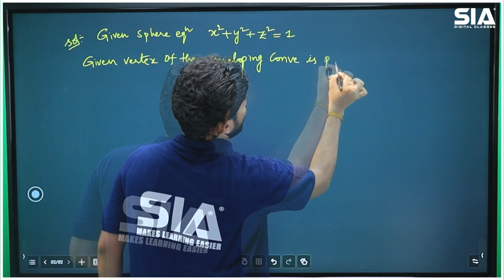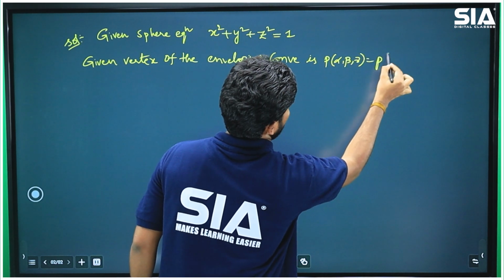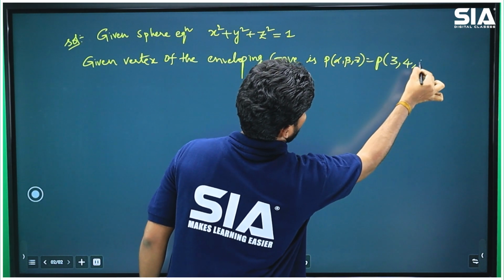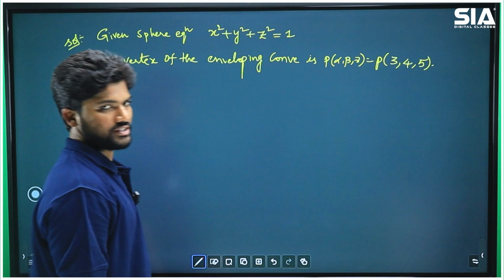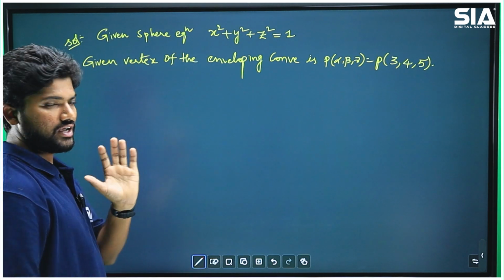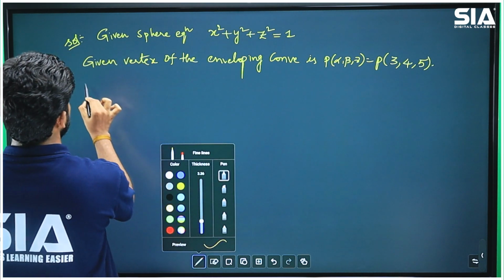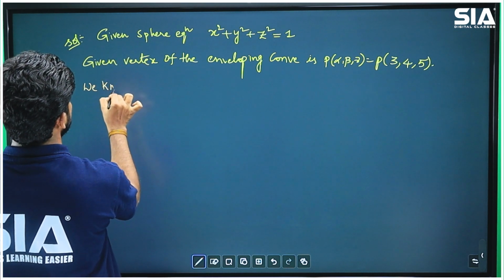The vertex of the cone is P of alpha, beta, gamma is equal to P of 3, 4, 5. This is the given information. Now, with the help of these two values, we have to find the equation of the enveloping cone. You know very well, we know that